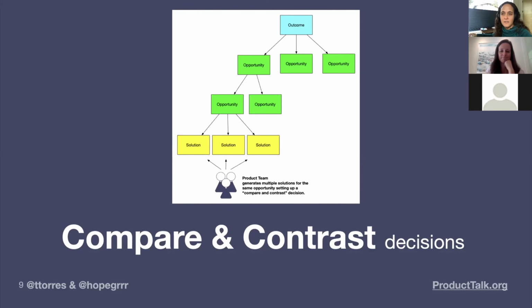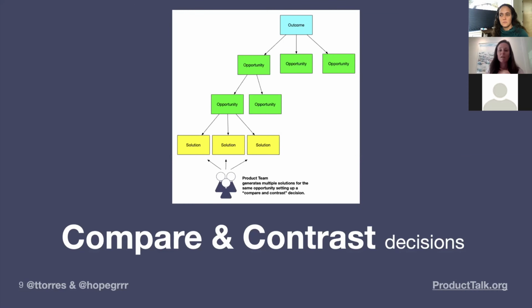Hope, do you want to jump in and share a little bit about what you've seen with teams on this? Yeah, I think there's a spectrum, there's an evolution. And I think that sometimes when teams are first doing discovery, the fact that they're considering more than one way to solve the problem is a great start. But it can still devolve into, how do we know whether we've made a good choice, or I see teams running endless experiments without clear success criteria for those experiments.